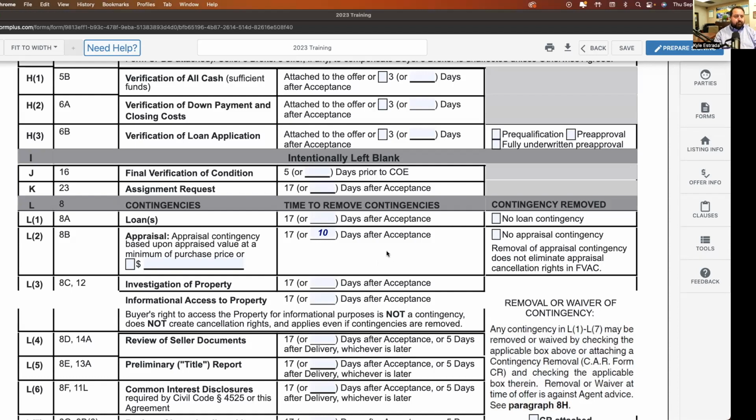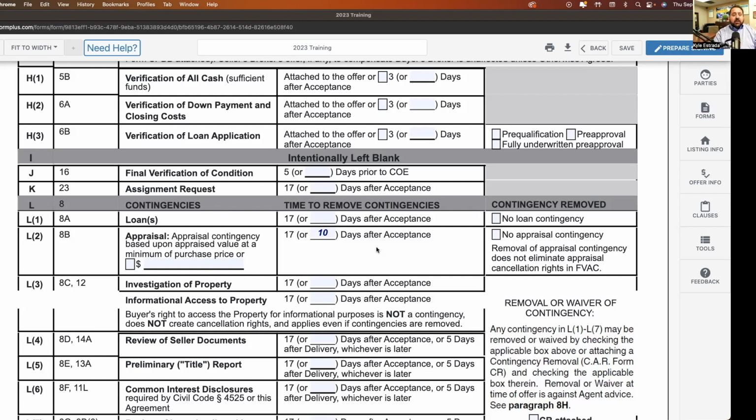Okay. Now, here's the box for no appraisal contingency. We already said I would advise you never do that unless for some reason. I mean, we've had deals in the past where the people have such a large down payment, or the neighborhood they're moving to, they do these desk review appraisals where they don't actually send out a full appraiser. They just need to look at comps. It doesn't happen a lot, but it happens. So maybe you already know ahead of time it doesn't require the appraisal just based on the amount of money that they're putting down, whatever the terms are.